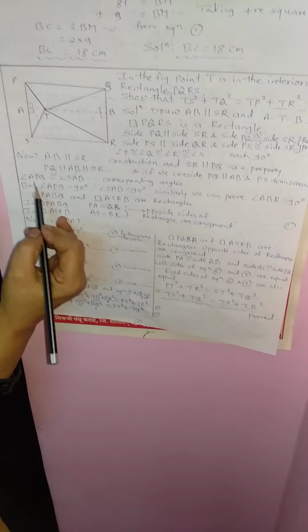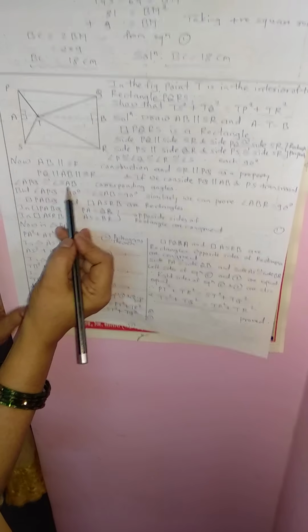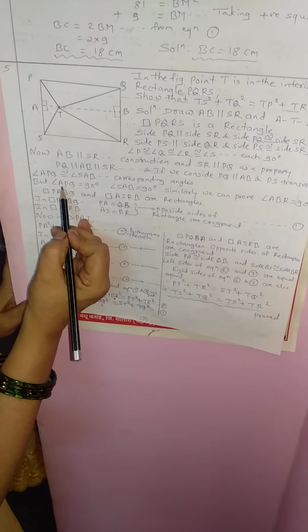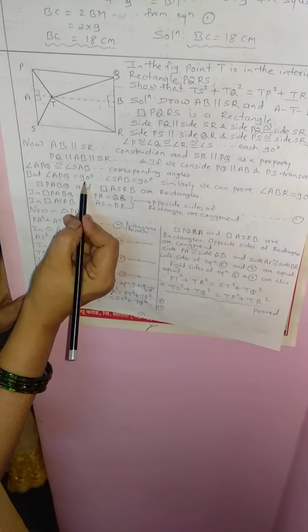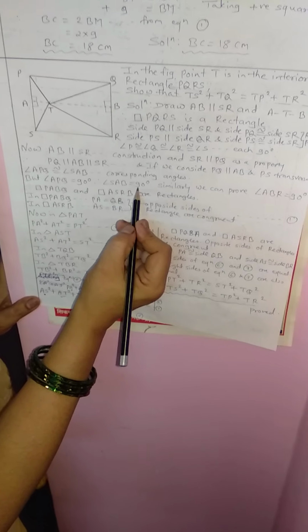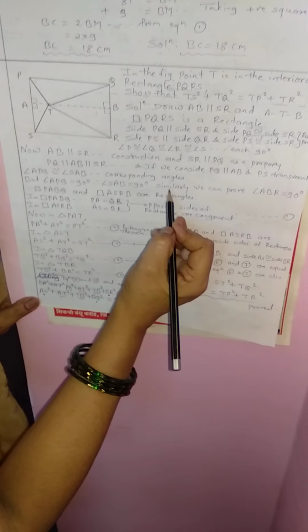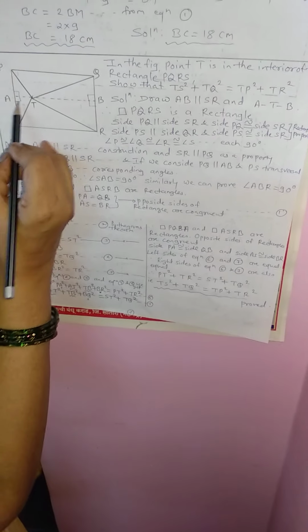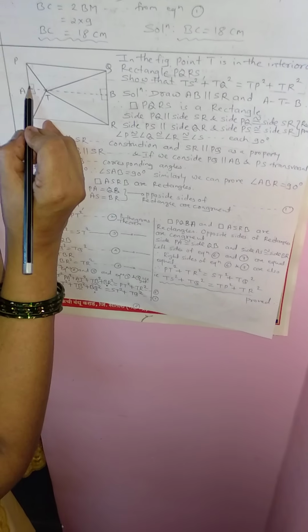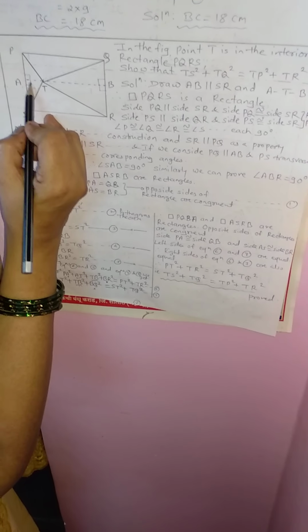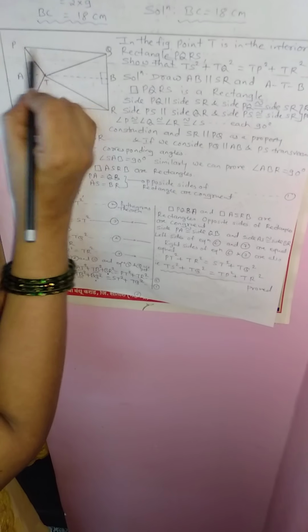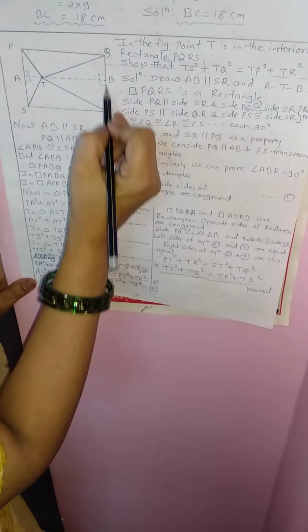So here angle APQ is congruent to angle SAB, corresponding angles. But angle APQ is 90 degrees, therefore angle SAB is also 90 degrees. Now similarly we can prove angle ABR is also 90 degrees. Here we are proving this angle congruent to this, the same way this angle is congruent to this. That time this is parallel to this and this is a transversal, as we have to consider.